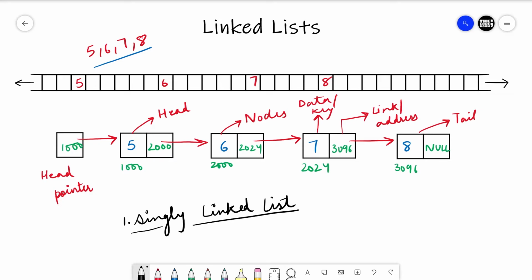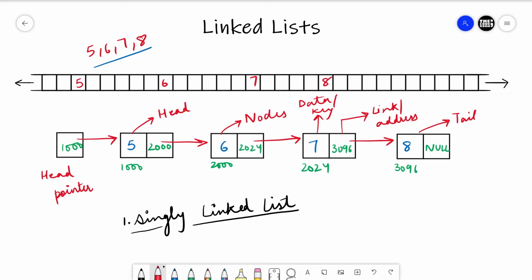So I'll summarize singly linked list in brief. In singly linked list, we store data in nodes. Each of these nodes has two parts, a data part and a link part. The link part is used to jump to the next node. The first node of the list is called the head node and its address is stored in a pointer. This pointer is also called the head pointer. The last node of the series is called the tail node, and in the address part of this tail node we store null. This means that the list terminates here.